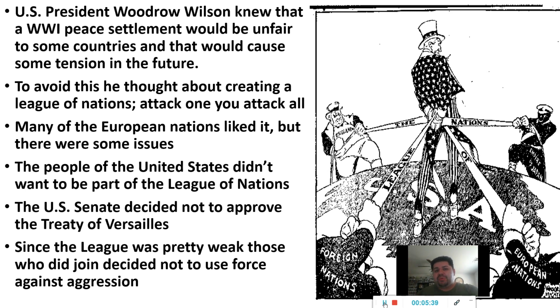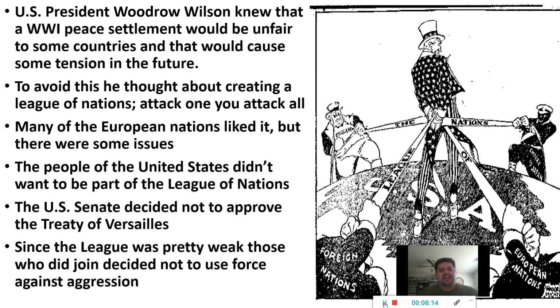Still to this day, there's people who believe that we should take care of ourselves, let everybody else handle their own things, and you're going to see in a little bit why that may not be a good thing. Again, everyone's entitled to their opinion, but to be logical and say, oh, if we do this, this is definitely going to happen, I think that's a problem. You have to look at history and how it plays out, and you're going to see in a second how it's more likely going to play out.